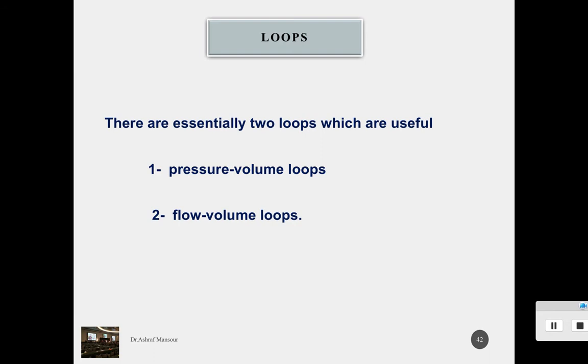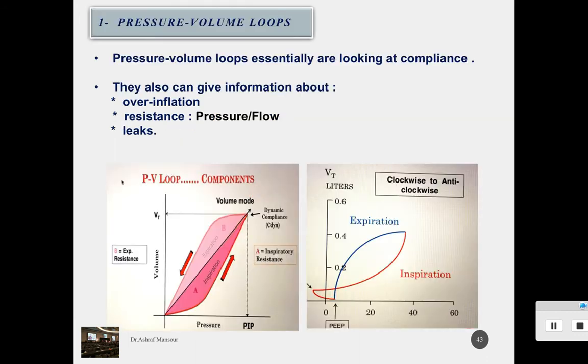Loops, these are essentially two loops. They are very useful because they measure not only one factor against time, but two factors against each other: the pressure against the volume in the pressure volume loop, and the flow volume loop, which measures the flow against the volume. So the pressure volume loop essentially shows you the compliance,